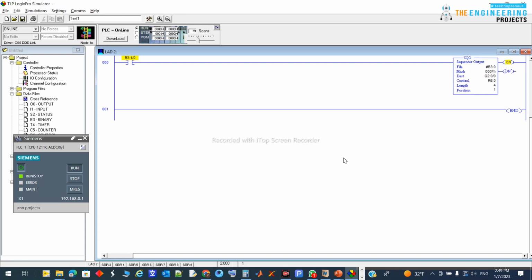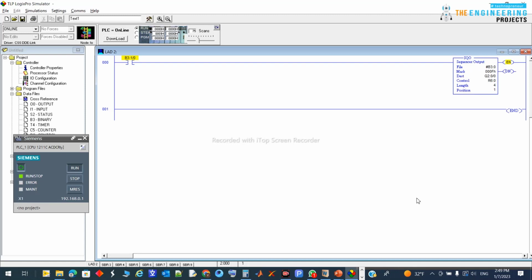But unfortunately, in some programming languages, you will not find one instruction that helps you make the sequencer output control. So do you think we will go without it, or we will say, oh, there is no way to make a sequencer output? No. As a programmer, you should keep thinking and keep brainstorming with yourself and your pen and paper until you find a solution for every single problem. So here